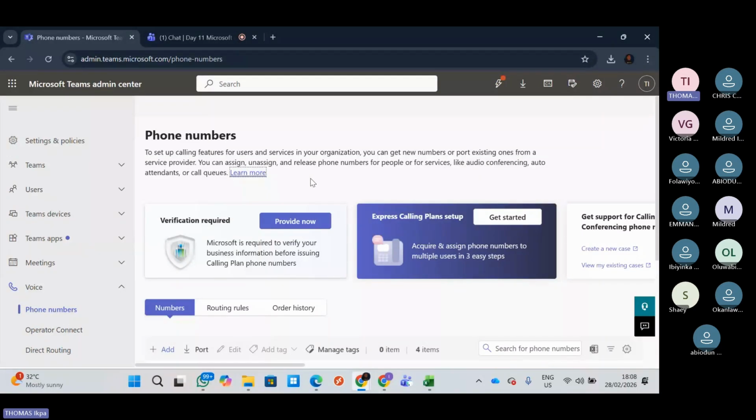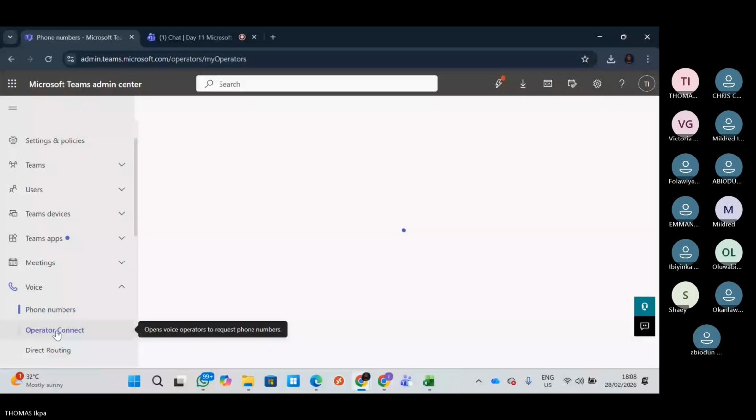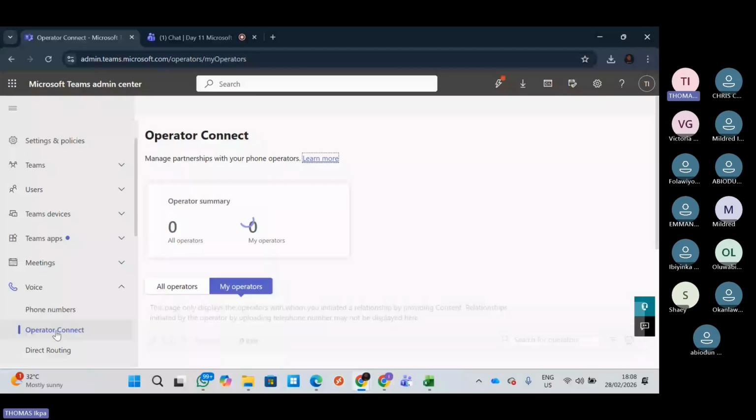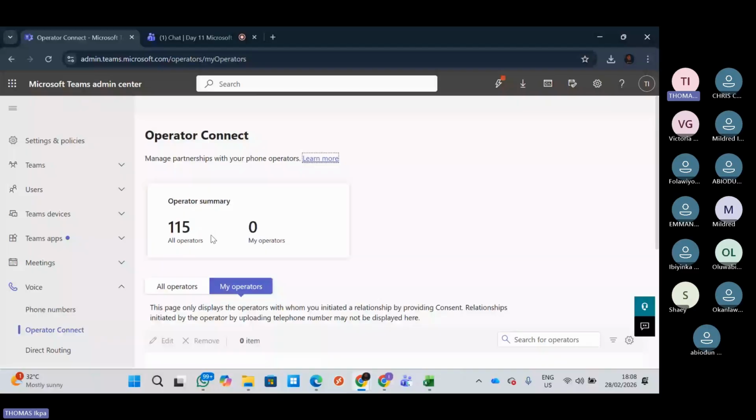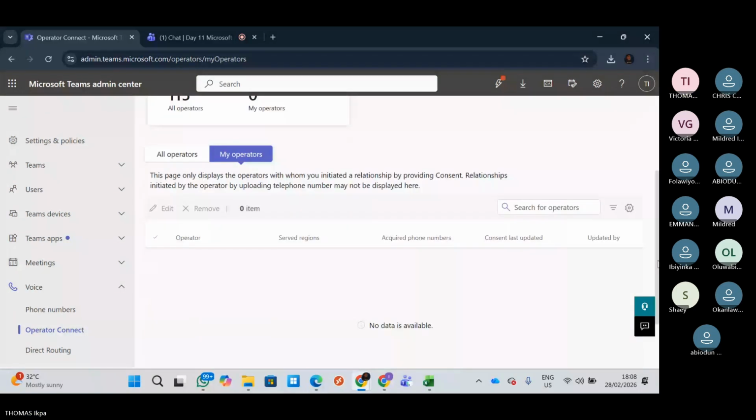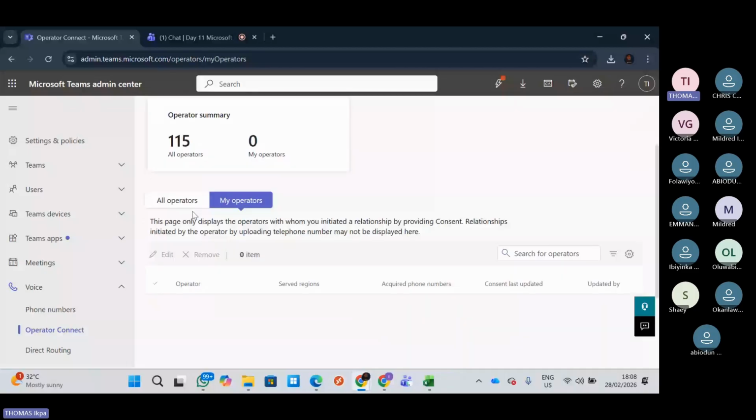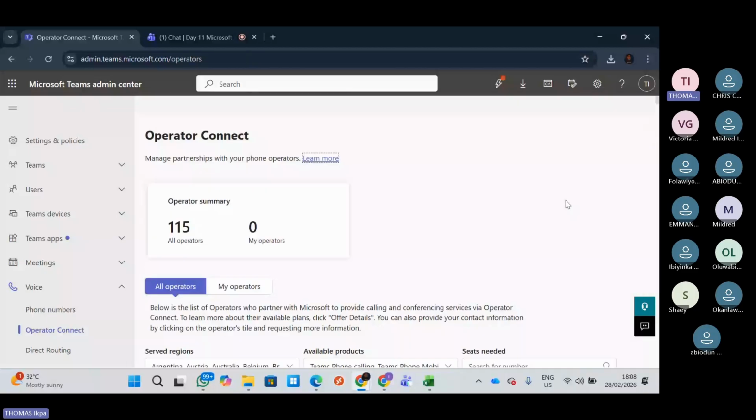All right. However, there is another option for you to get a phone number. You can get it through a third party. On this place where you see Operator Connect, right? So when you click here, you will see a lot of providers. You see, we have 115 in the country of my tenant. So the country of my tenant is UK. So you will see all operators. You're going to see a lot of operators. As you can see, there's even Airtel,